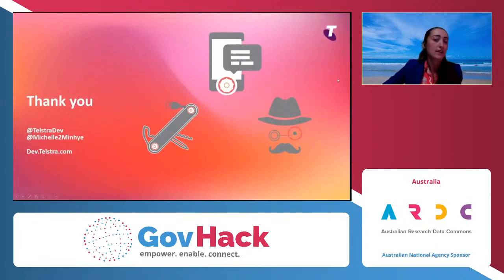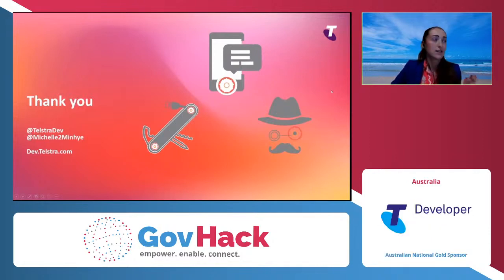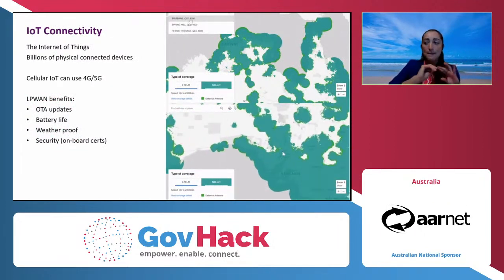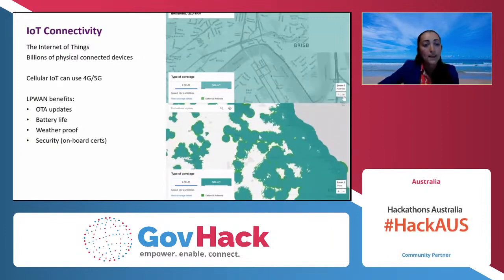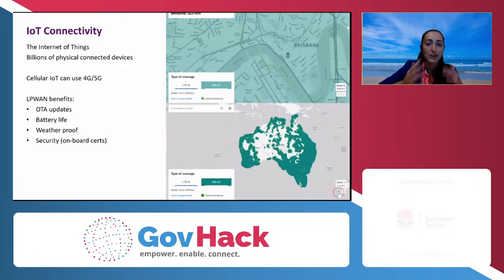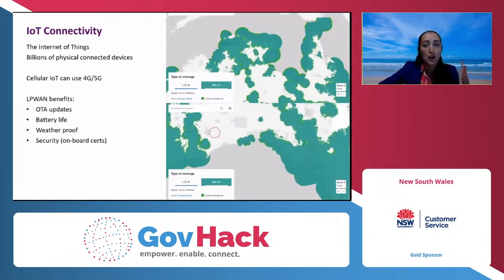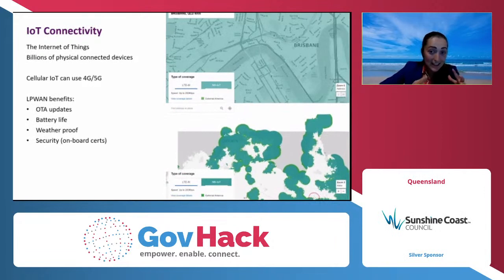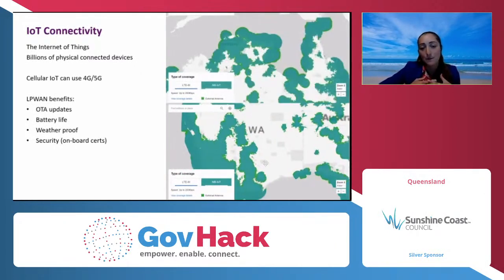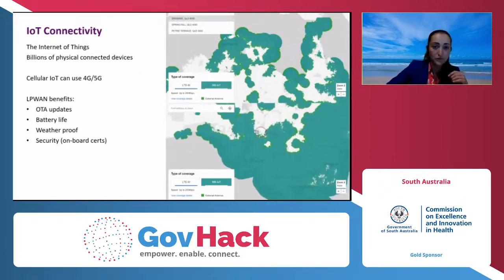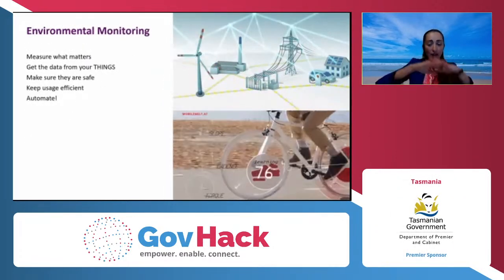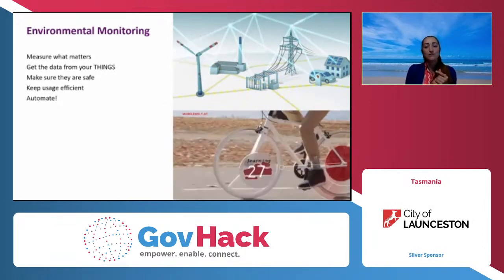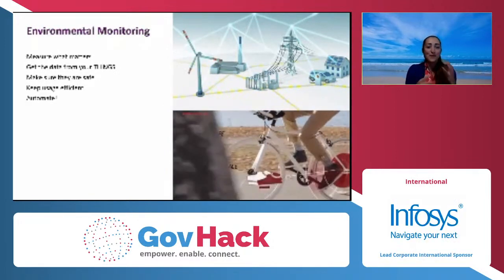We have a couple of minutes, so I'm going to let the questions keep going, and I might just quickly go over a little bit about the Internet of Things. So Internet of Things is the billions of connected devices that are on the network. And it can also be called a few different things, but one of the kinds of IoT is LPWAN, which is a low power wide area network. Those IoT devices are the kind of ones that are like sensors. They might be out in regional areas, and they might be doing things like checking temperature or water meters. And one example of this, that whole system of IoT devices sending data back to a system, is called environmental monitoring. So when you are getting data, you need to make sure you're measuring what matters, making sure the usage